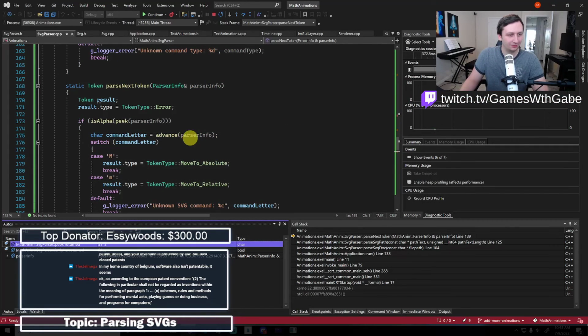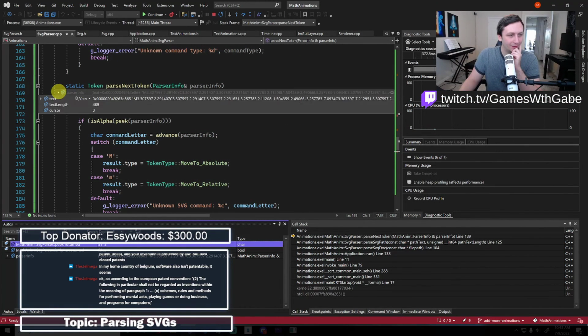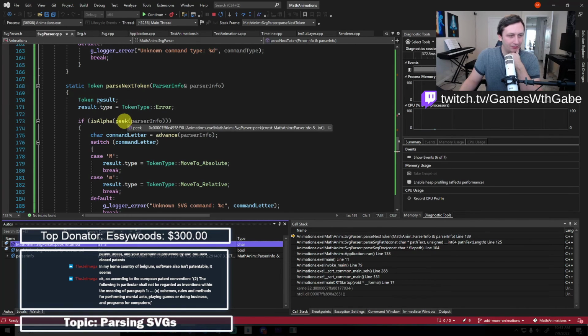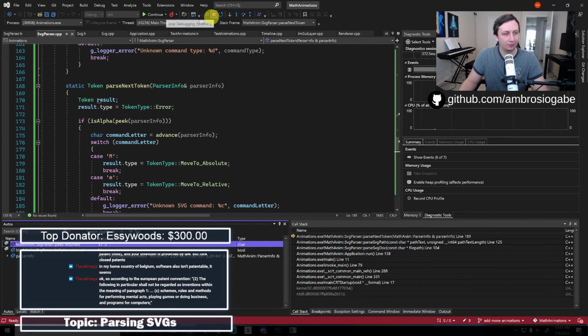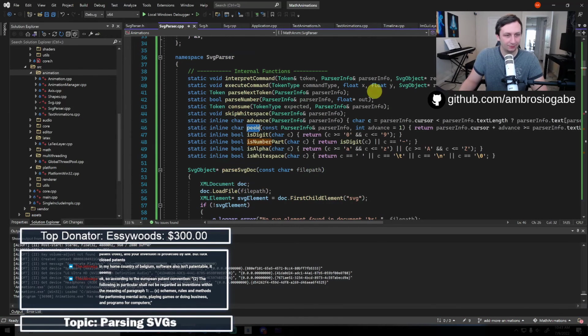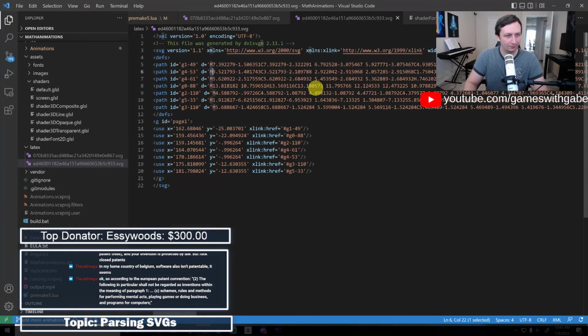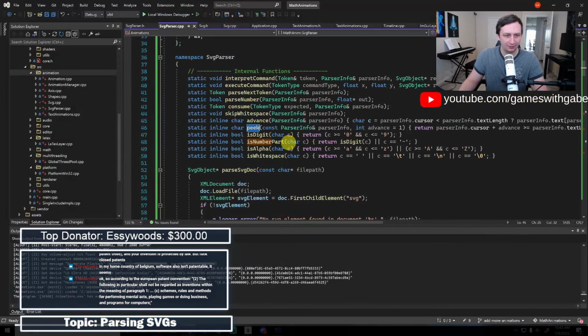What is our cursor? That's probably a good question. Cursor is 0. And we get M3 here. And peak returned... Oh, I guess peak should be 0 by default. That's why. Still weird. It's looking at this one, which is not the first path element. So that's just interesting. We should default that to 0.